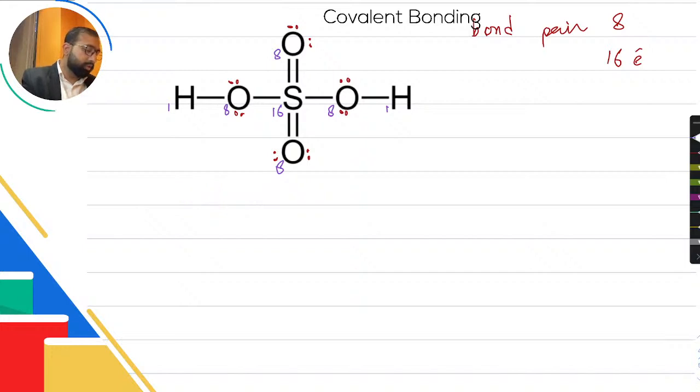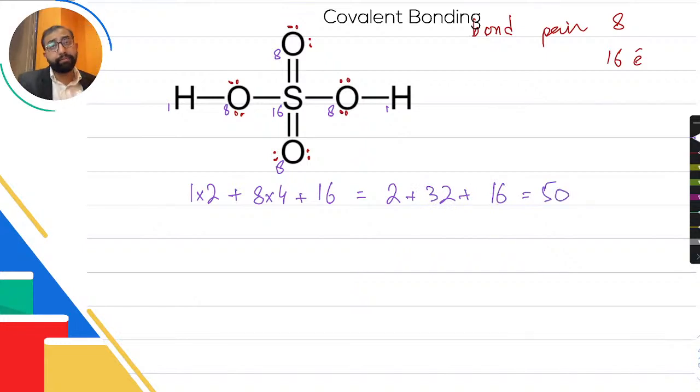See, it's faster. So 1 times 2 because 2 hydrogen, 8 times 4 because 4 oxygen, plus 16. That gives me 2 plus 32 plus 16. That is, I think, 50. So I have 50 electrons. Out of those, 16 are involved in bonding because I have 8 pairs. So 16 subtracted, I'm left with 34 electrons